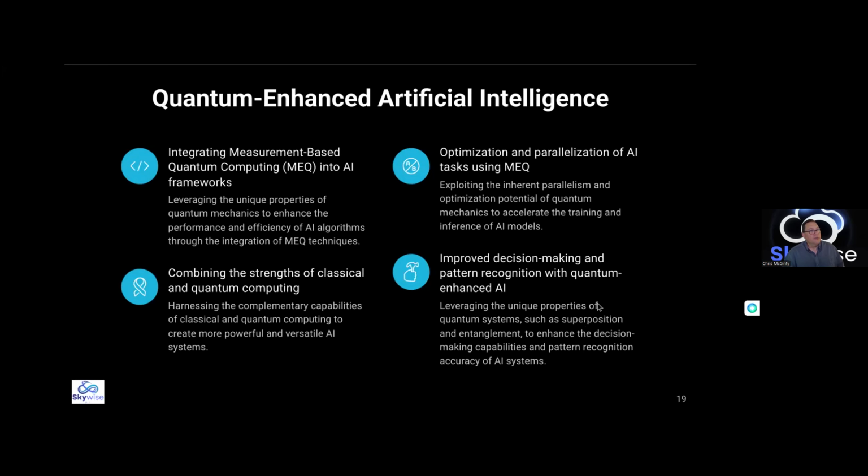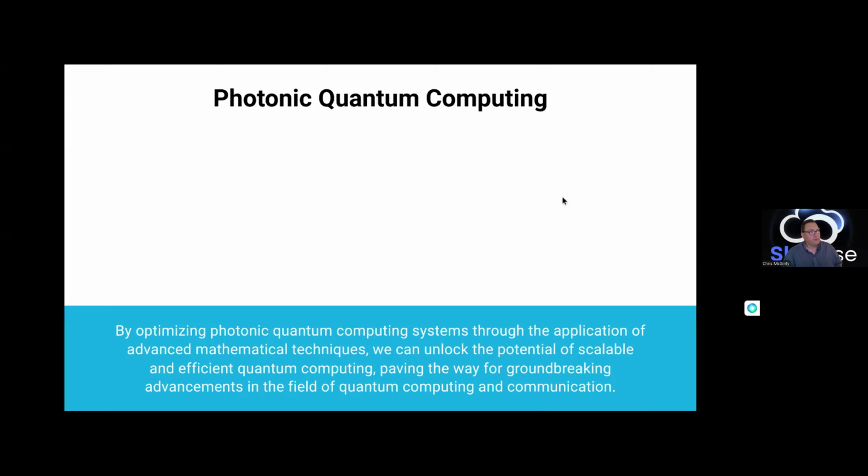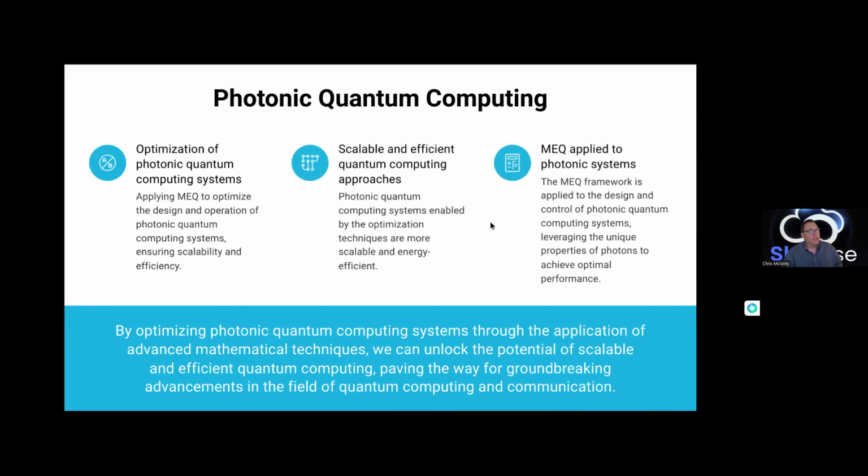Artificial intelligence can be quantum enhanced. There's the parallelization of AI tasks. And then once you start putting these in with GPUs that NVIDIA makes that are dual processing, the speed goes way up. So there are some really cool things coming out of NVIDIA right now to keep an eye on, like photonic quantum computing. That's another one where we can start using light.